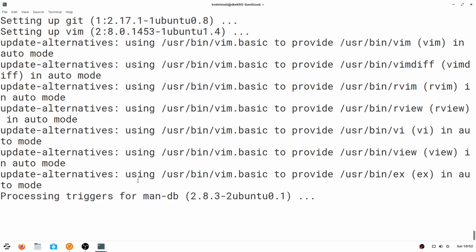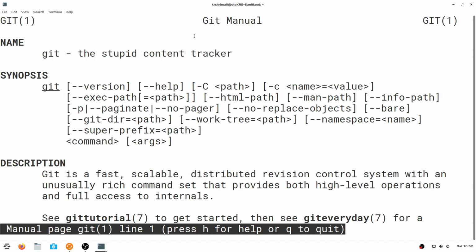So it's that simple. Now let's say you're not really sure how to use vim, or maybe you're not really sure how to use git. So what do you do? You can just type man and space git. It's going to show you the manual. Man is for manual. So all these commands have a manual, kind of a documentation, and it tells you what it is. You can keep pressing enter and scroll through it.